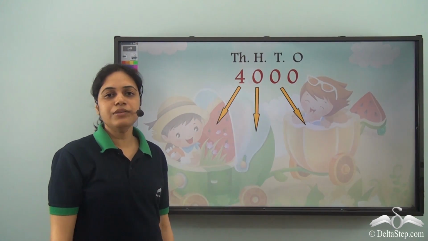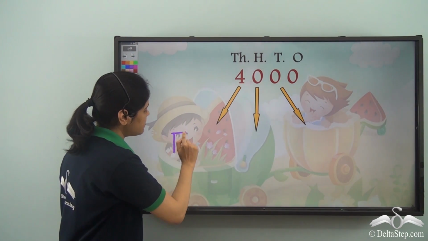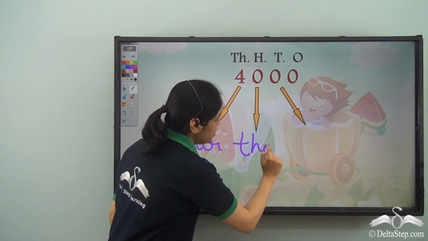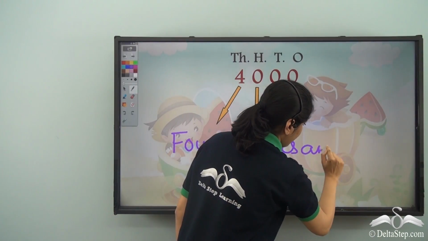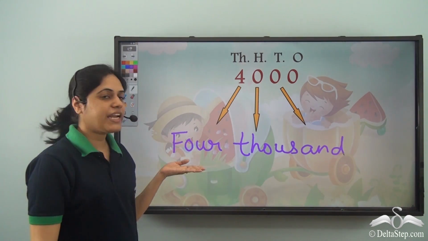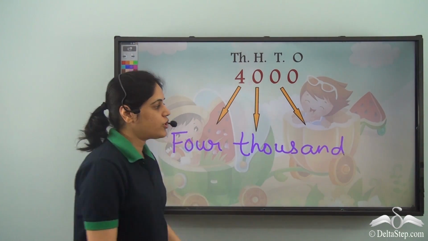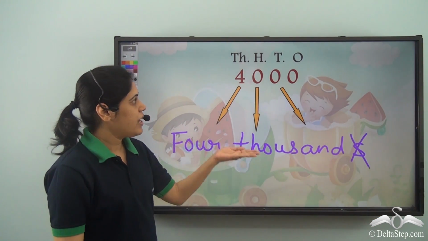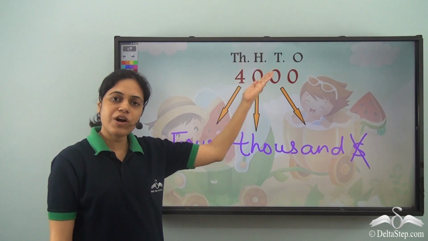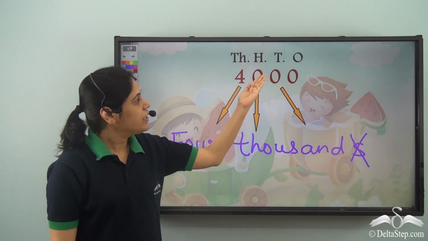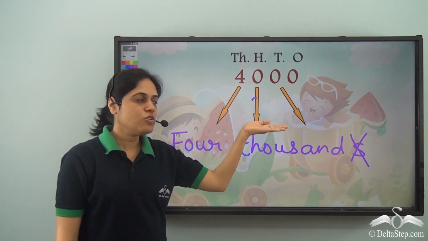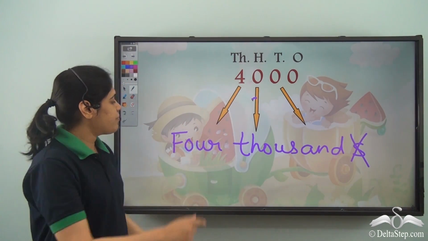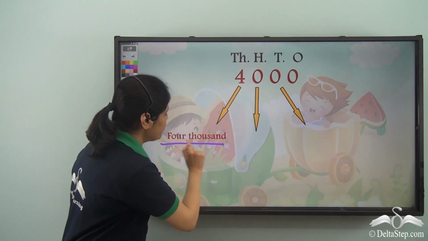Now what about this number? So there is a 4 in the thousands place. So I have 4000. Remember, I write 4000 and not 4000s. And what about the hundreds place? 0 hundreds. So we don't write anything. Tens and ones digit are both 0. So once again, we don't write anything. So this number is simply four thousand.